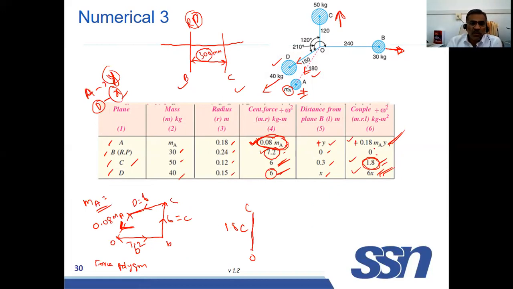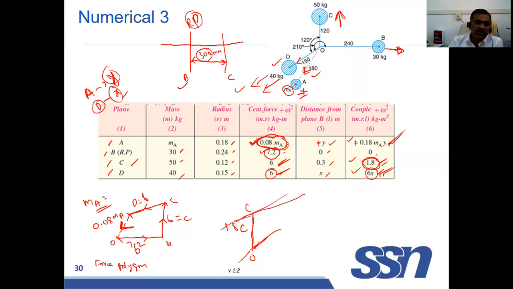So what's the direction of A? The direction of A is this direction. The direction is almost like this, but you don't know this side or this side. But the triangle has to close, such that you have to draw. Then what's the direction of D? The direction of D is this. So if you draw like this,